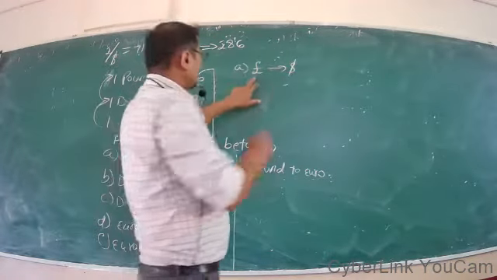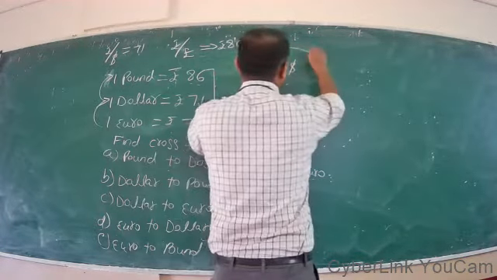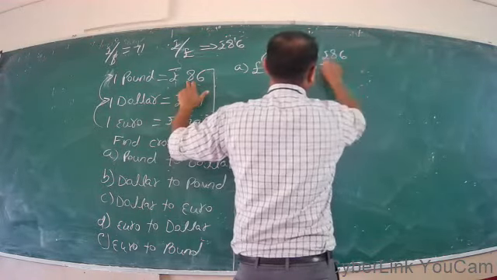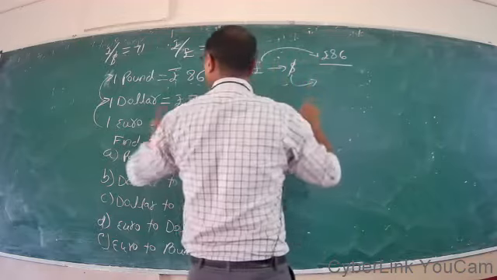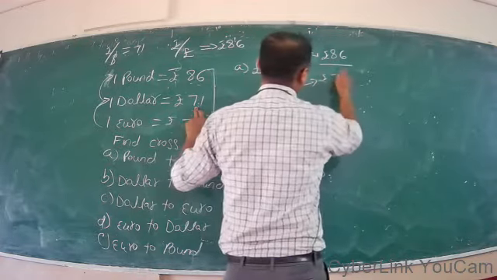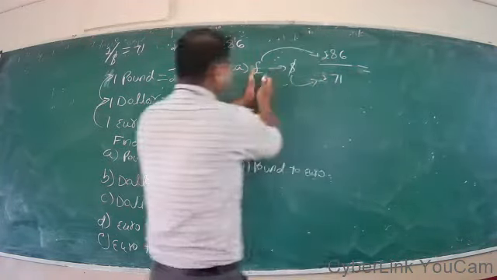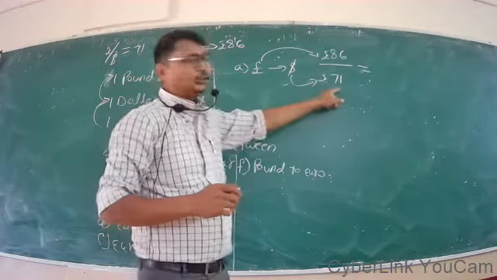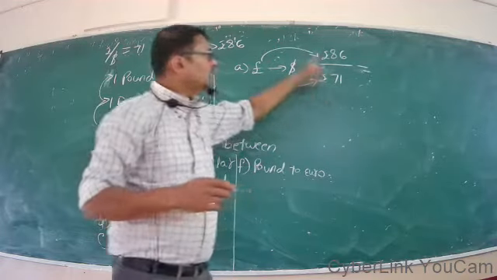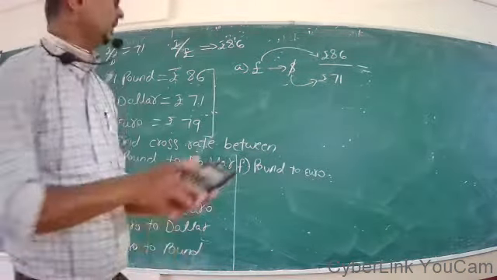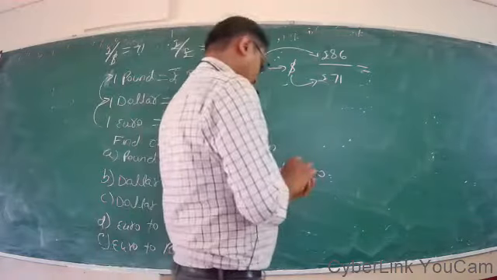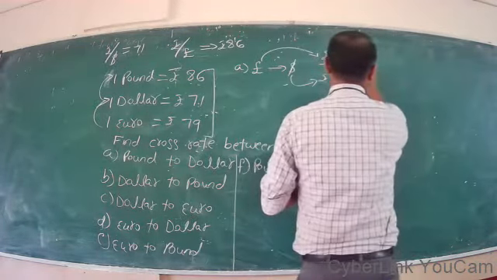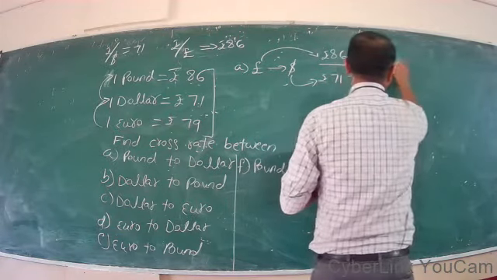The sterling pound is rupees 86 and the dollar is rupees 71. The first currency should be the numerator and the second currency the denominator. Now 86 by 71